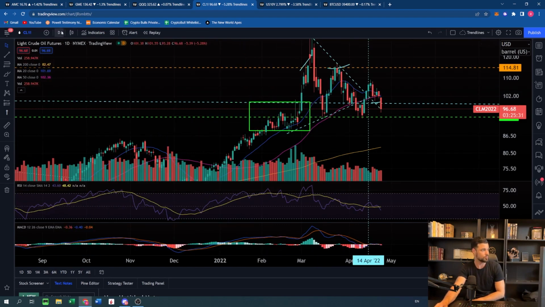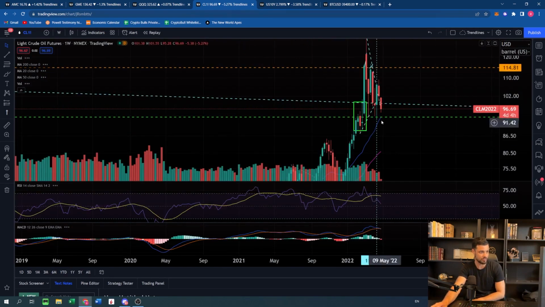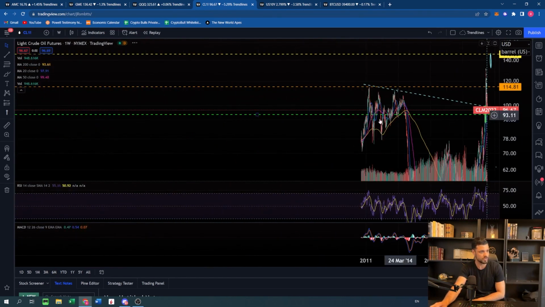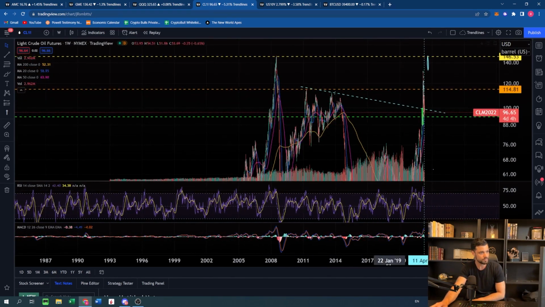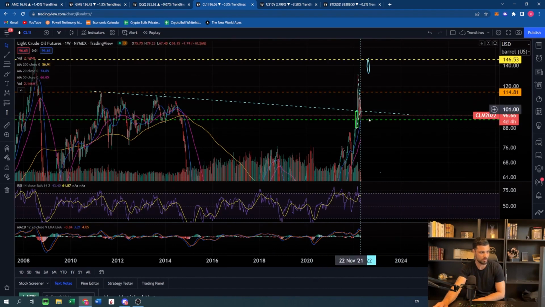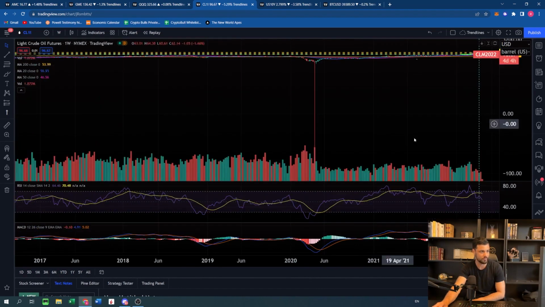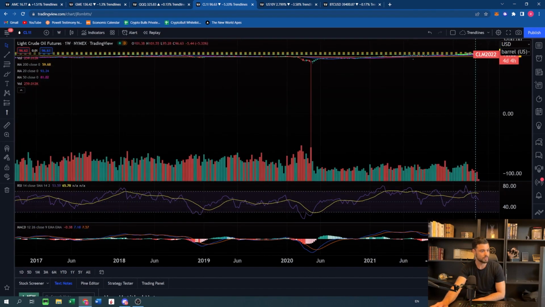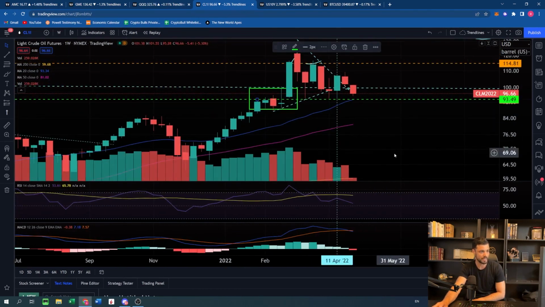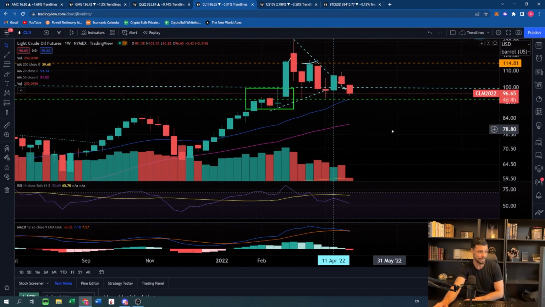Right now on the weekly time frame, we still have some nice support, as you can see, guys. Let me redo this trend line properly. Yeah, we are below this trend line. All right, so here we don't have any support anymore. That's why the 100 level was very important to me. And right now the next support is at 93. We have the 20-day moving average coming here as well.